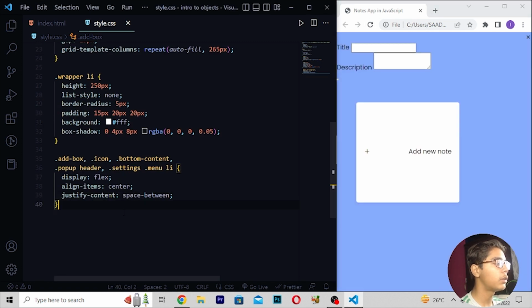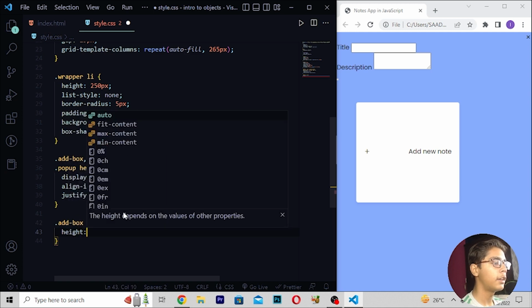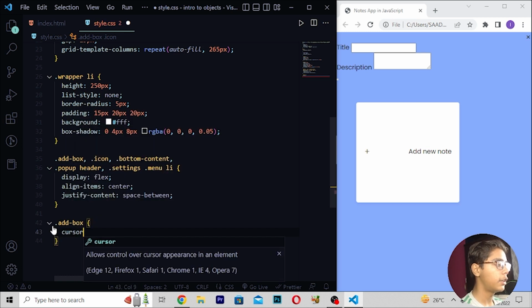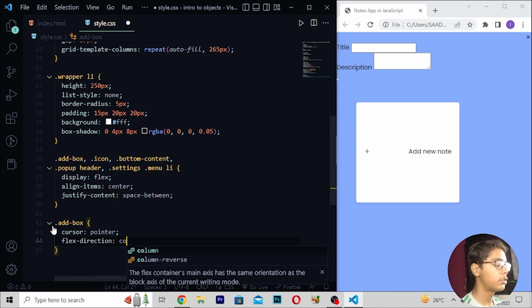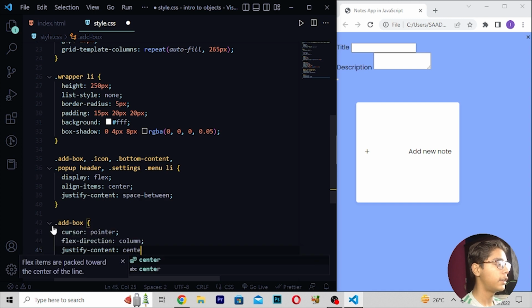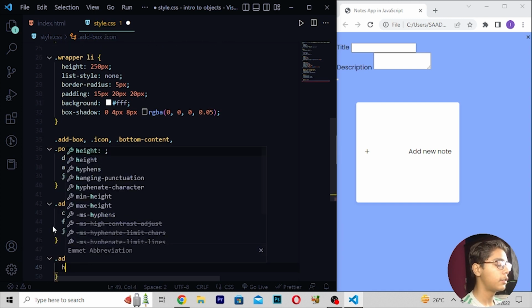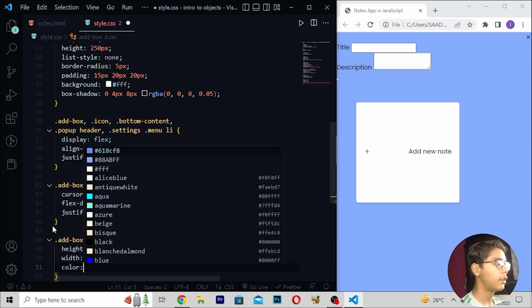You can see we are getting all this stuff. Then I will be writing dot add box dot icon. Here I'll be writing height 78 pixel. But before this, here I'll be writing dot add box, right here cursor pointer. Then I'll be writing flex direction which should be column. Then I will be writing justify content center. Then I will be writing here dot add box dot icon, right here height 78 pixel, right here width 78 pixel, right here color